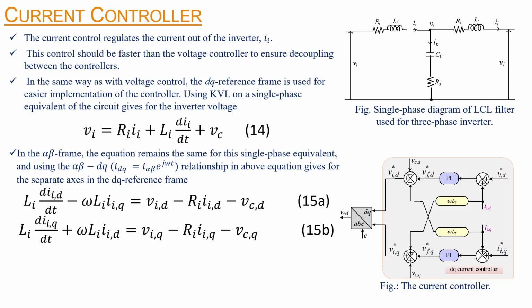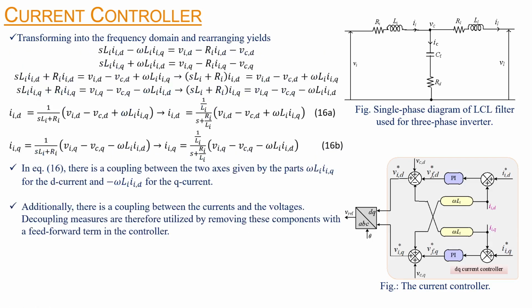Now let us come to the current controller. The current control regulates the current out of the inverter, denoted as Ii. This control should be faster than the voltage controller to ensure decoupling between the controllers. In the same way as with the voltage control, we have transformed this into the DQ reference frame, and using KVL on the single phase equivalent of the circuit gives the inverter voltage as this much, and in alpha beta form this equation remains the same, and using the alpha beta to DQ transformation we get this equation, denoted by 15, for the DQ axis. Now we can transform to the frequency domain, and upon rearranging we get this equivalent equation,